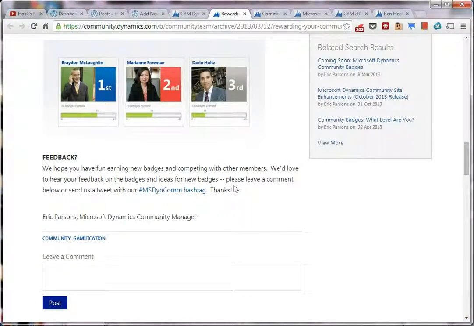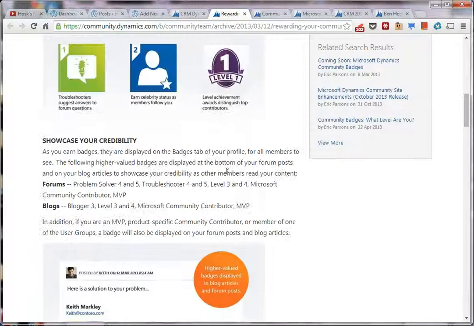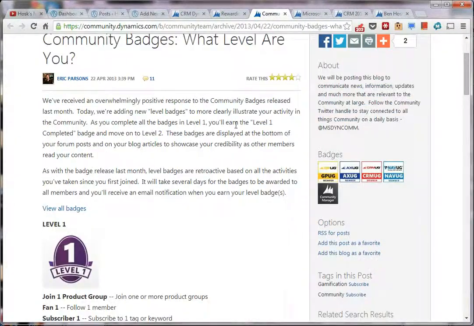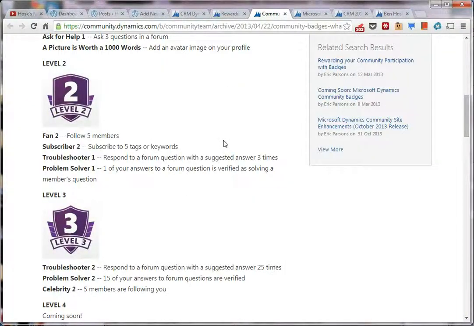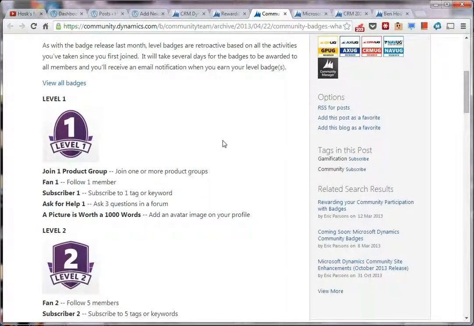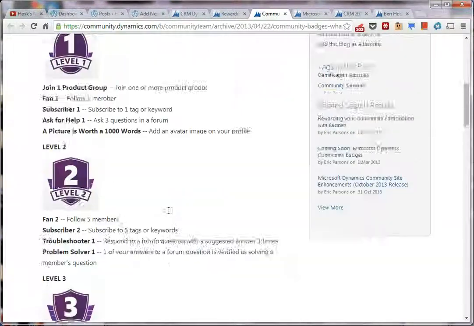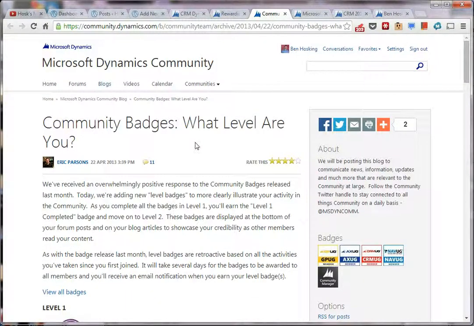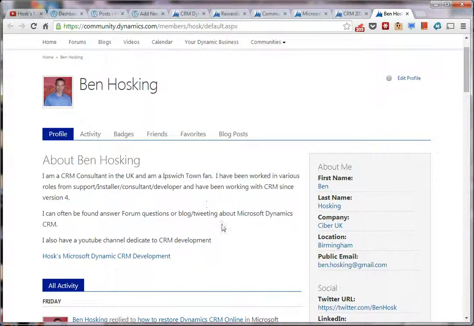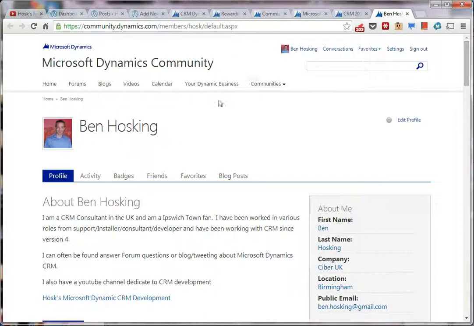Back to our badges. So here you go. They added a load of badges, and then they also added levels of badges. Levels are a group of badges: once you get a group of badges, then you'll get a level. You just have to get various things, like answer so many questions, or have this thing called celebrity where people are following you. So they gave you a bit of an idea, but it's not the easiest way to find your way around. So if you log into your profile,